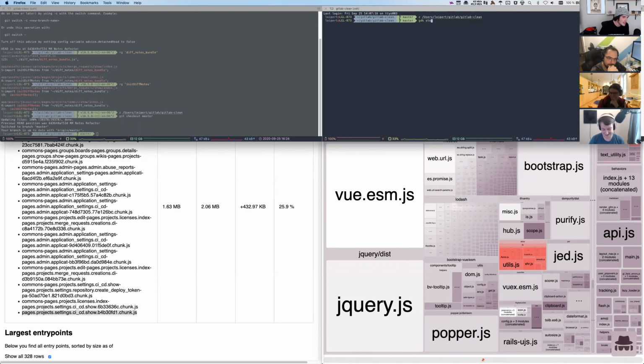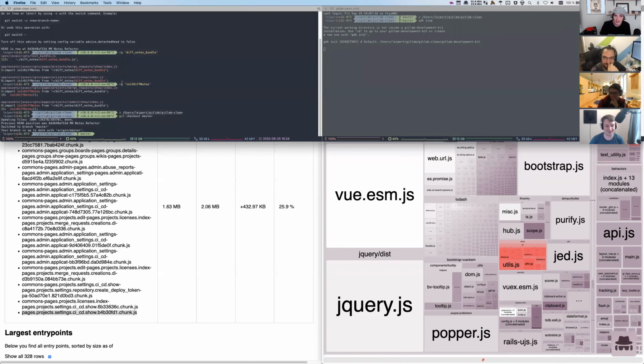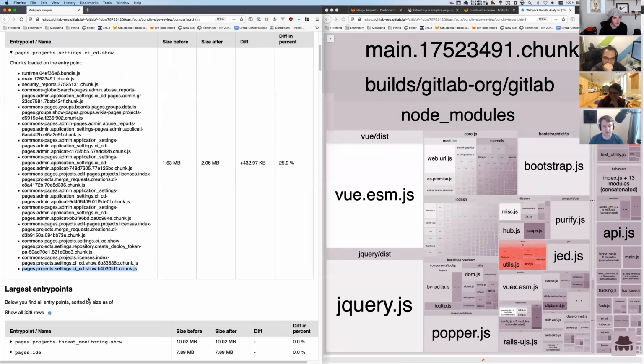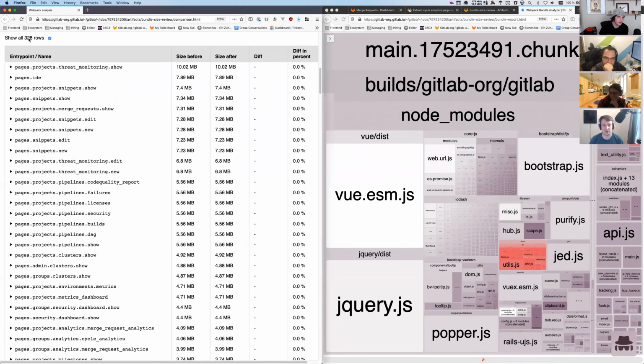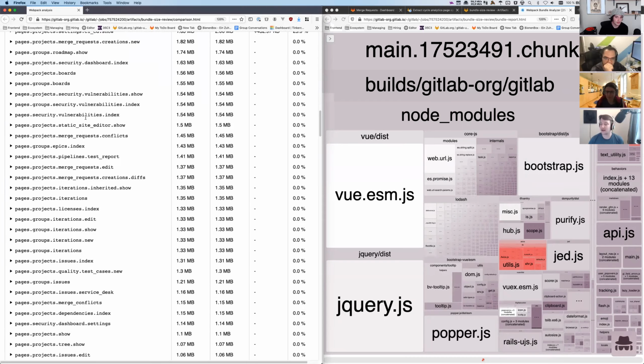I'm sorry. I appreciate the discussion. No, it's fine. I mean, I kind of agree with you. The thing is, we really trust Webpack to do its thing in a smart way. But the crazy thing is, we have 328 entry points, and there's bound to be